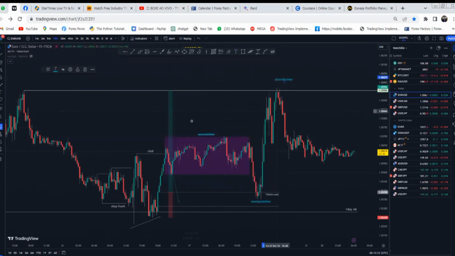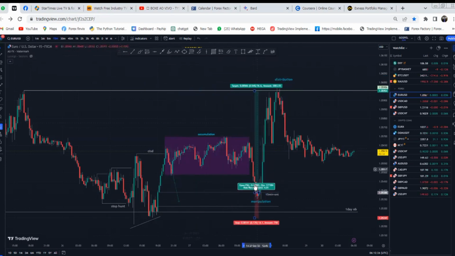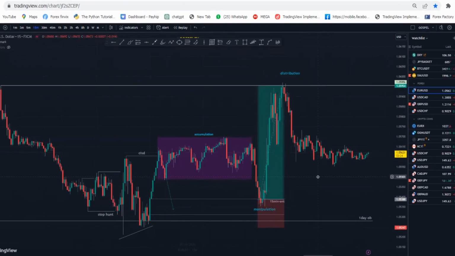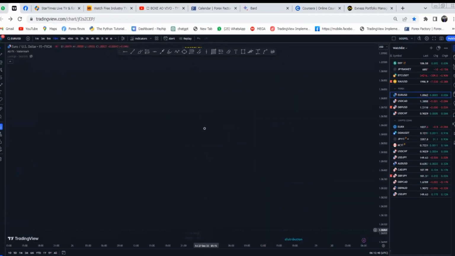All right, this is simply it. It's a very simple pattern, and it happens all the time. It's just basically what is going on with price. Price must manipulate to gain liquidity before it actually expands. So if you are able to study this particular pattern, let me do a textbook of it so that you